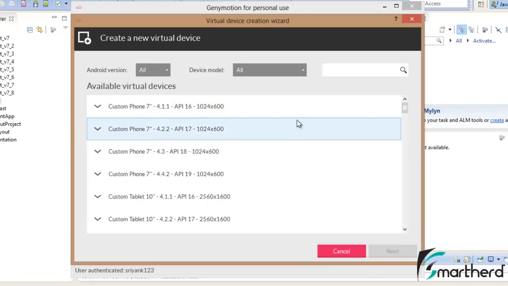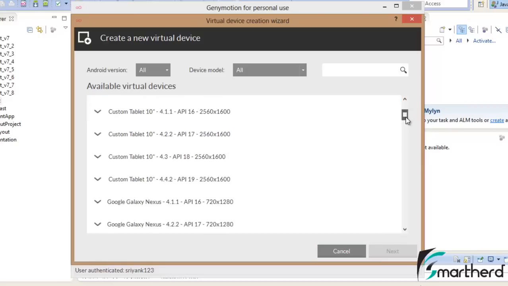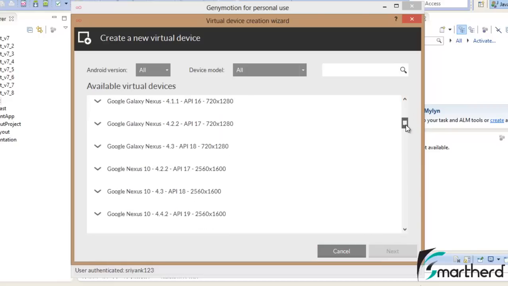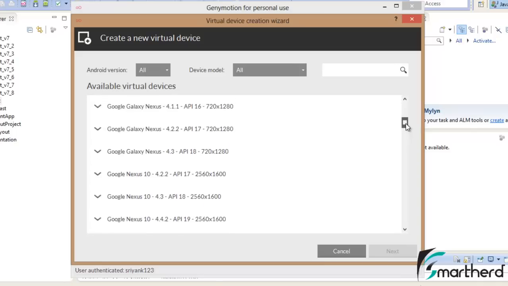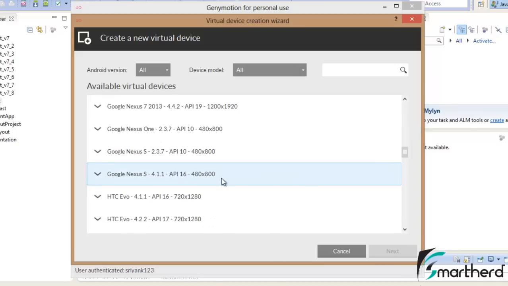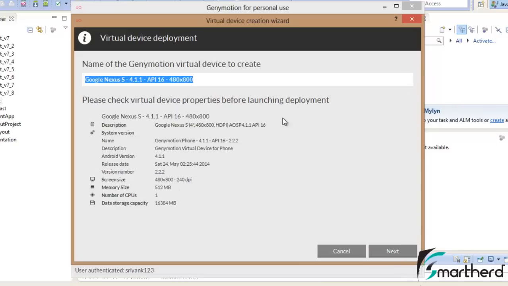Now here are all the custom phones that you can see. Now I will just select the best one. The resolution I think I should go for, I think this one. Yeah, pretty cool. API 16. Hit next. Now these are the configurations: screen size, then memory size, then screen inch 4.0, and this is actually API 16. Fine.